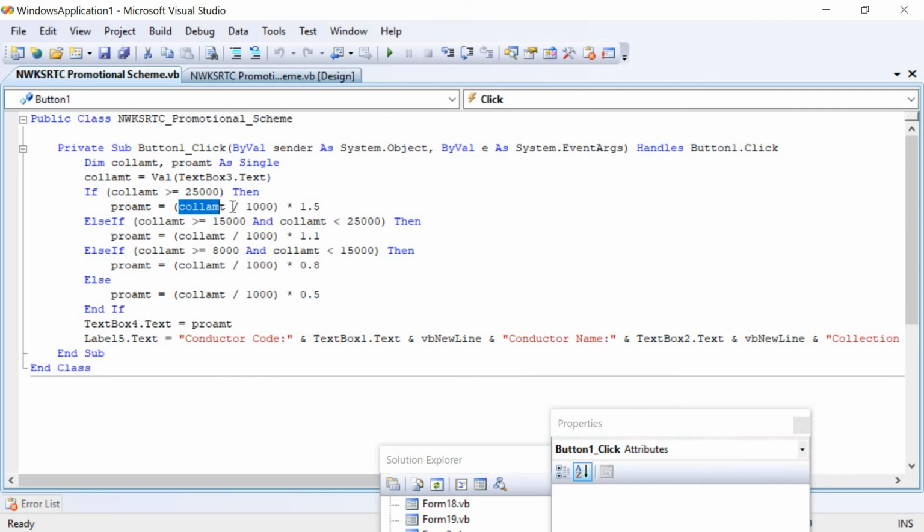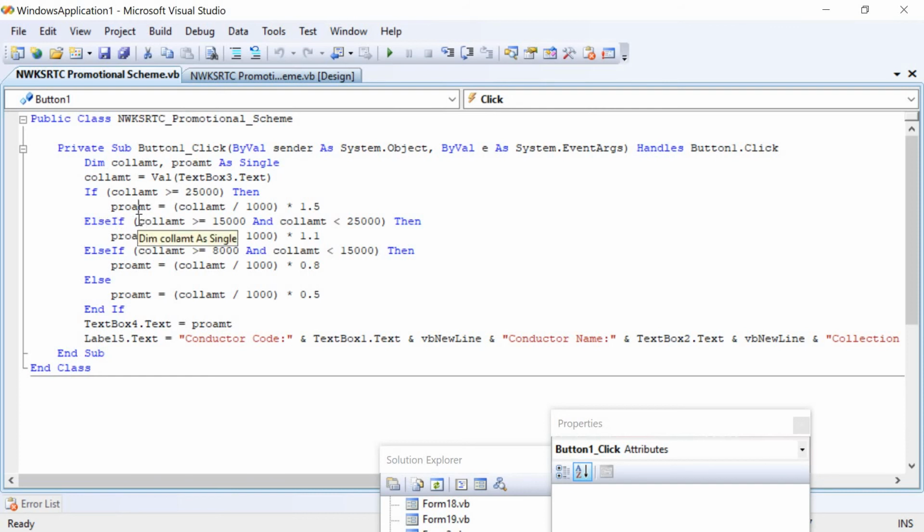For example, if the collection amount is 30,000, 30,000 divided by 1000 is 30. Then 30 will be multiplied with 1 rupee 50 paisa as per the question given. Once this calculation is done, it will be stored in the promotion amount.